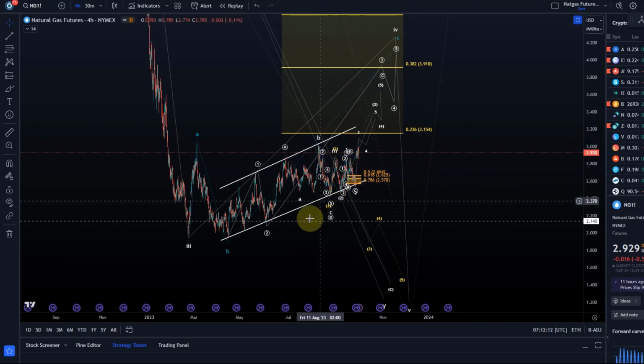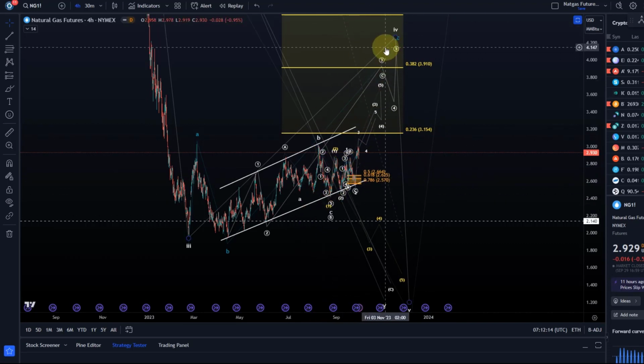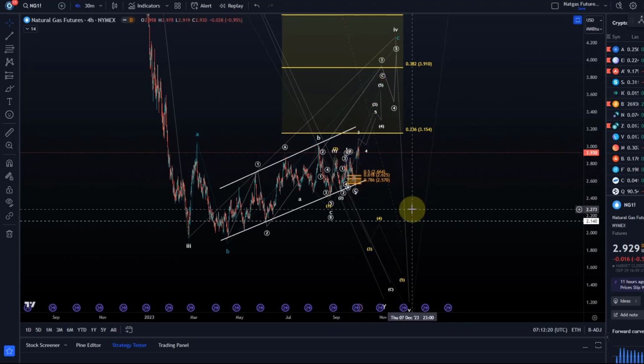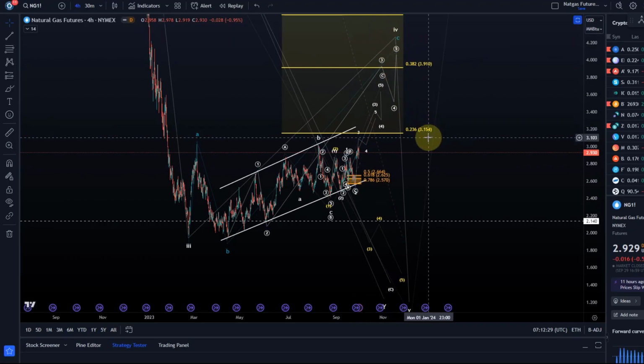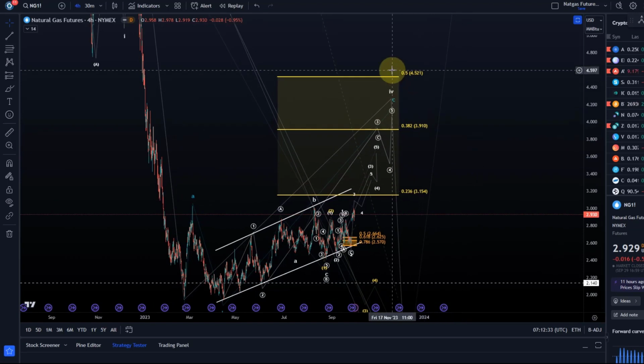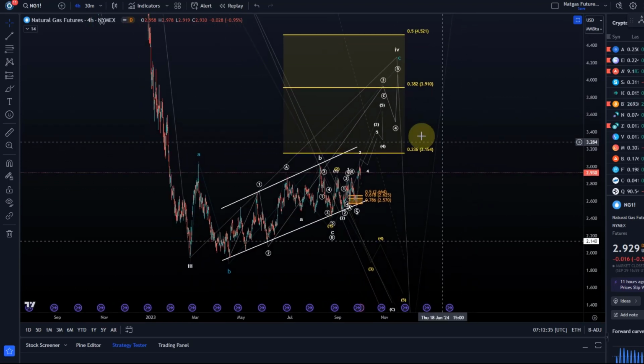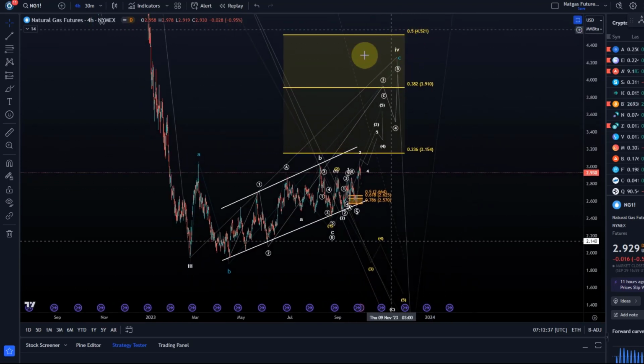See this as a guide path higher, which of course can break at some point, like any trend line can break as well. But if all goes well, it should follow through and a few higher levels should be reached within this C wave of a wave 4. We've got Fib levels at $3.15, $3.91, and maybe even $4.52. I'm not sure if we get all the way up there because